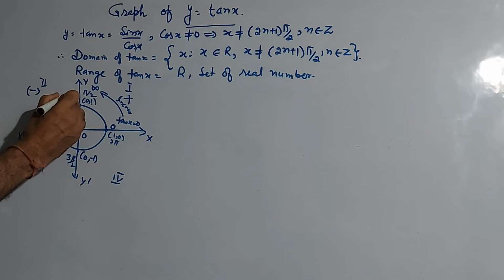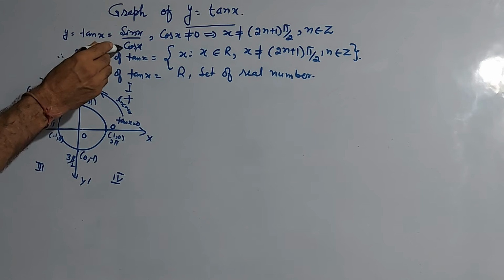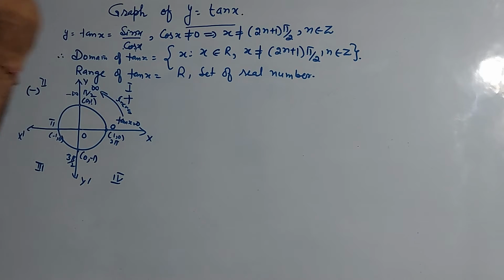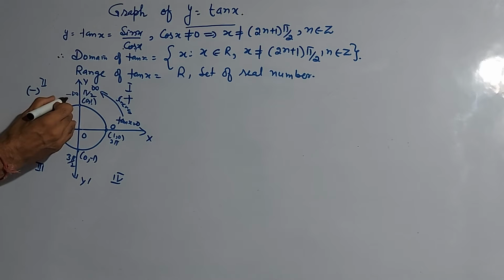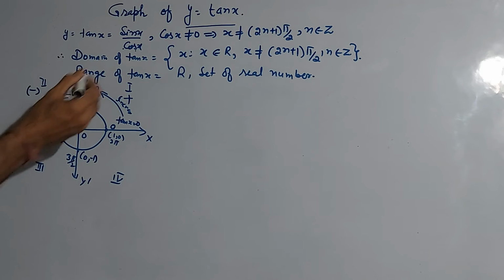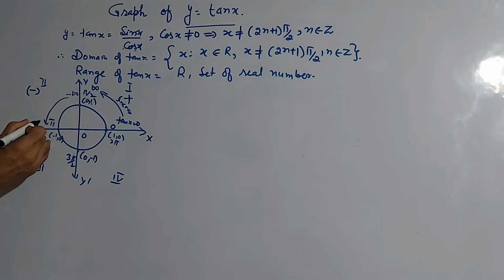But here this is undefined, minus infinity, because on this side cos is negative, very close to 0 but negative value, and this is positive, so undefined. And at pi radian, cos pi is minus 1 and sin pi is 0, so the total value is 0. So tan x will increase